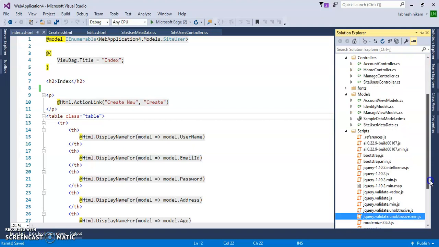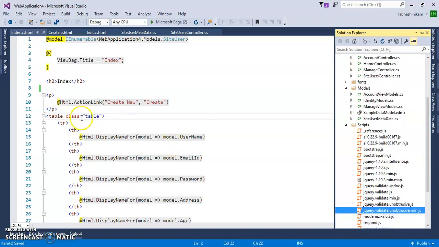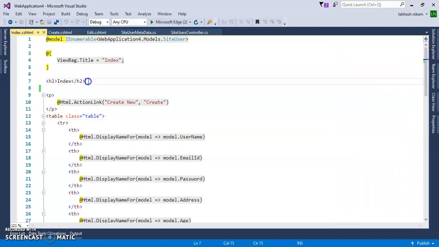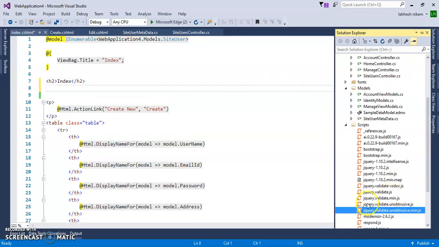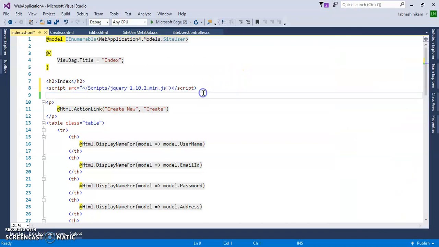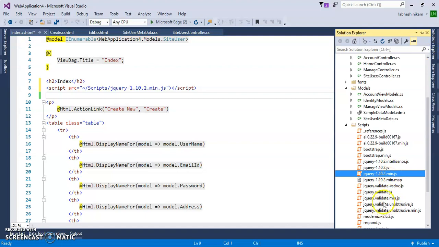To achieve client side validation, you require jquery.validate min.js. Let's drag and drop it here, and this jquery.validate min.js one as well.